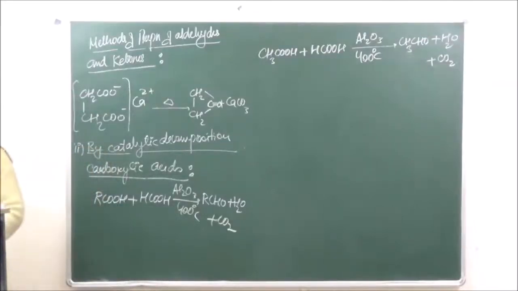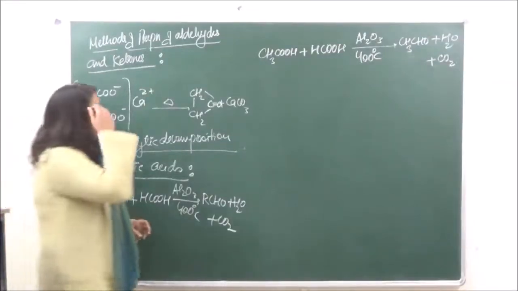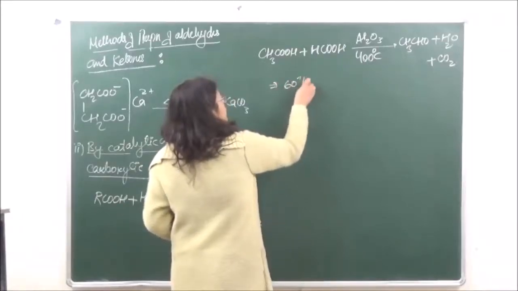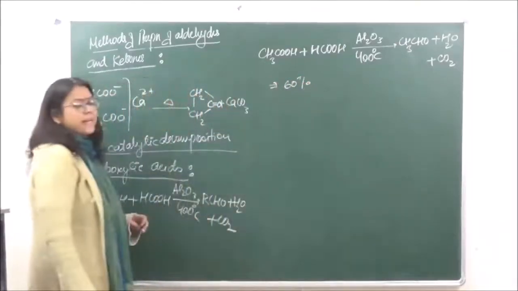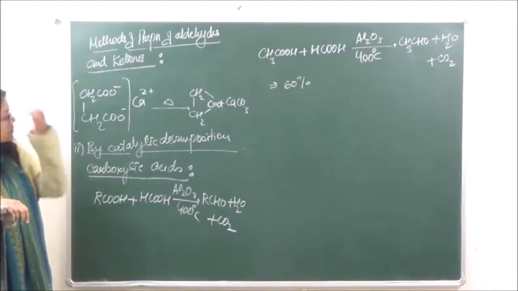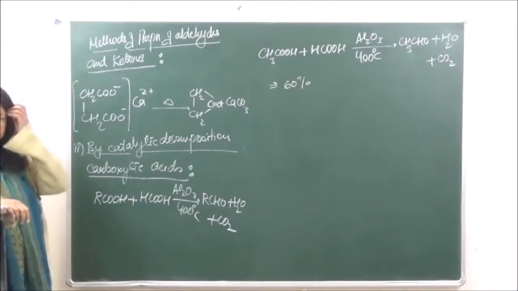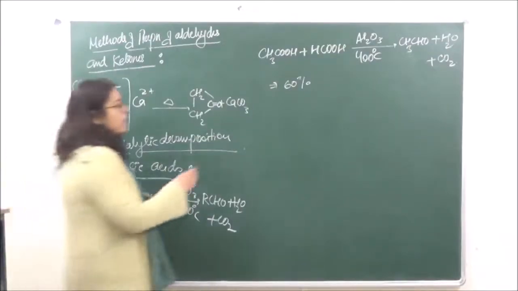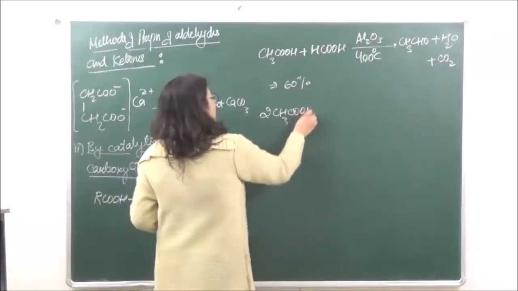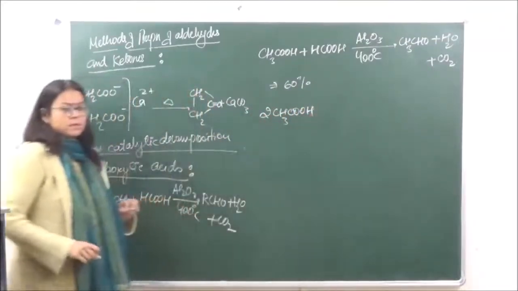Now in this case the yield is approximately 60%. So 60% of the aldehyde can be prepared by this method. Then the preparation of symmetrical ketones can also be done by this method. So if we are taking two molecules of the same acid, okay,